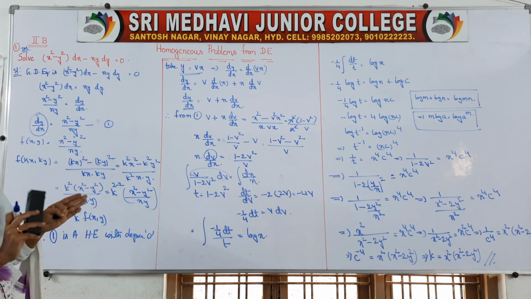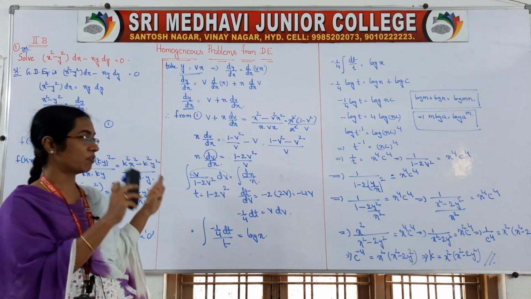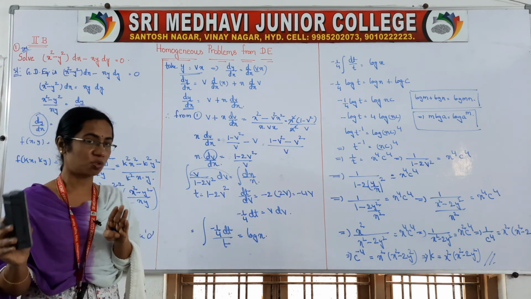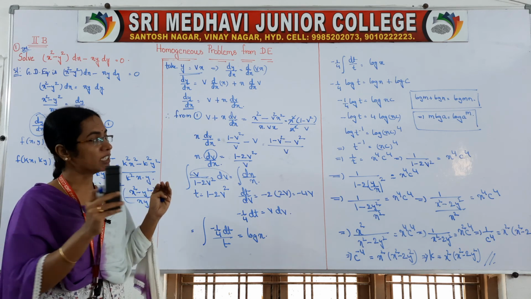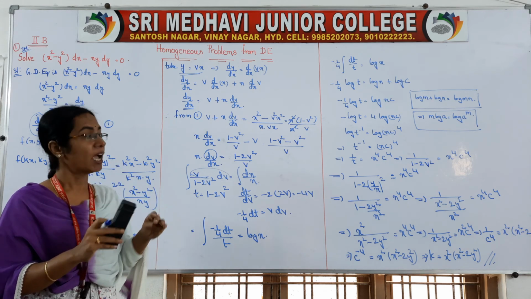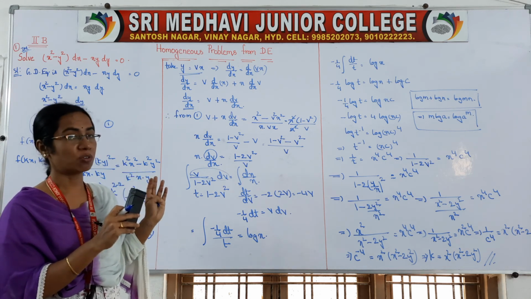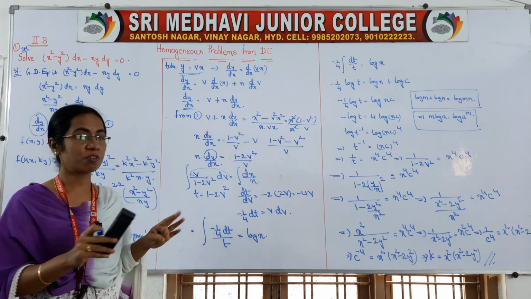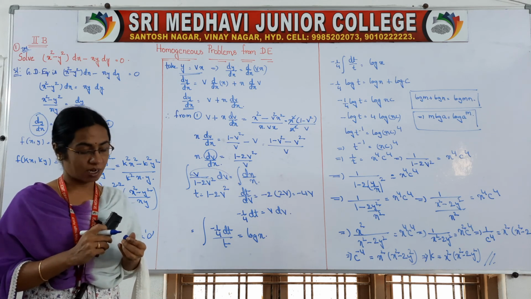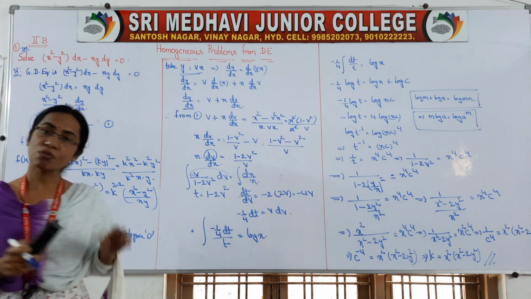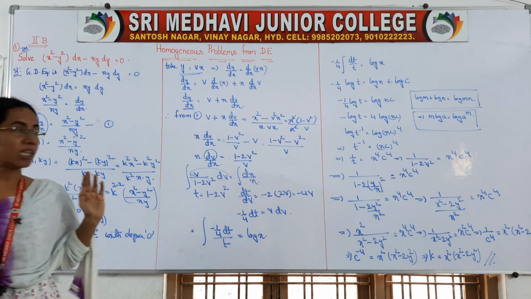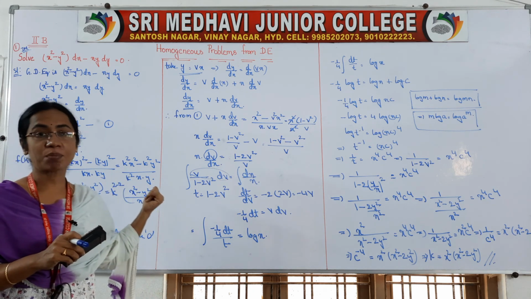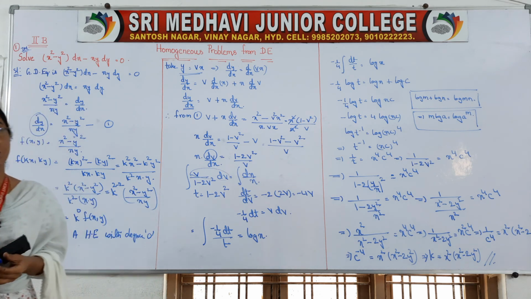After the variable separable form, if we apply the integral, some v terms into dv, some x terms into dx, you will get the answer in terms of v. Again in that v place you have to substitute your value y by x. Once you have substituted and simplified, that will be your answer. At the end your answer should be in terms of x and y. Okay, so practice this problem perfectly. This is again a 7 marks problem, homogeneous problems.